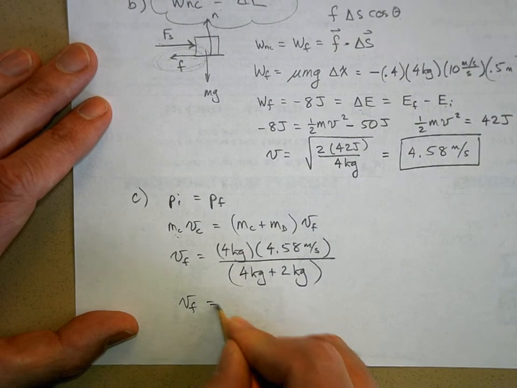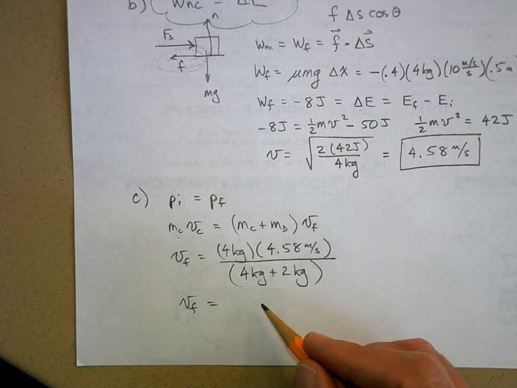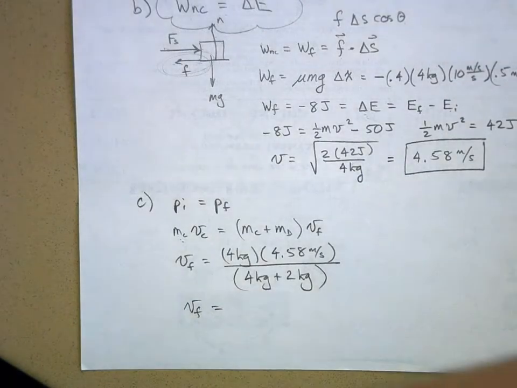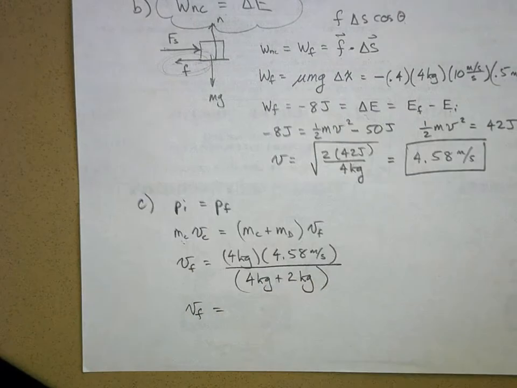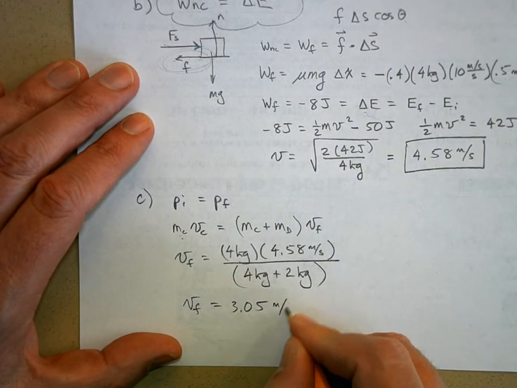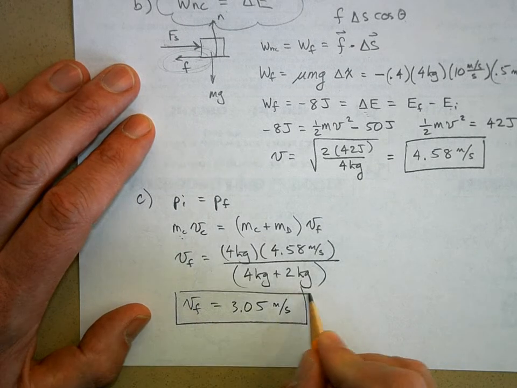And so you should get, well, that was about 3 or something like that. What do you get? 3.05? Okay. And meters per second. It's still on the screen here. Okay. And then